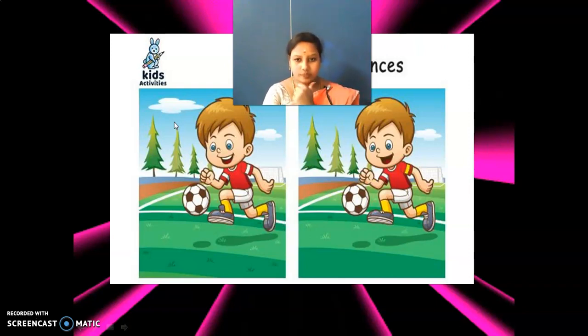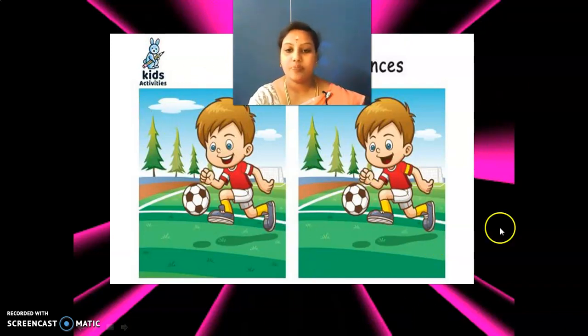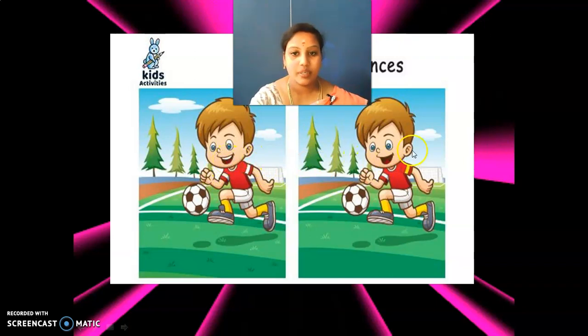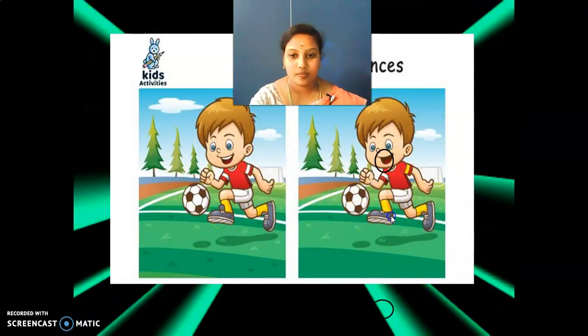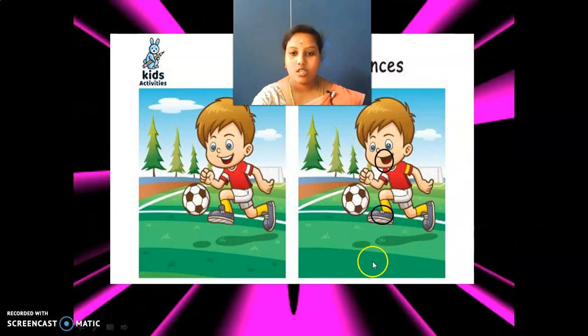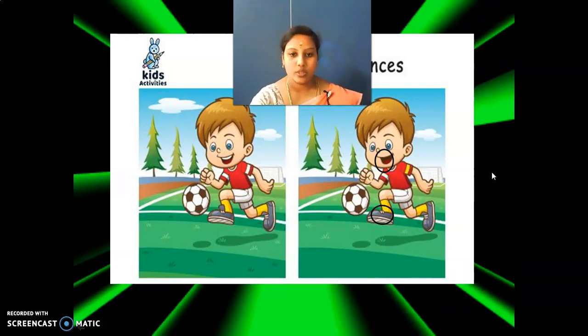Okay, come on. But I found it. Okay, shall I tell you? So see here, this boy is laughing. Here teeth can be seen, but here they are not. So that is 1. The second one is shoes. See here. So I found 2 for you. The rest you are going to find by yourself. It is really an easy thing. You just need to observe. What you need to do? Just observe.